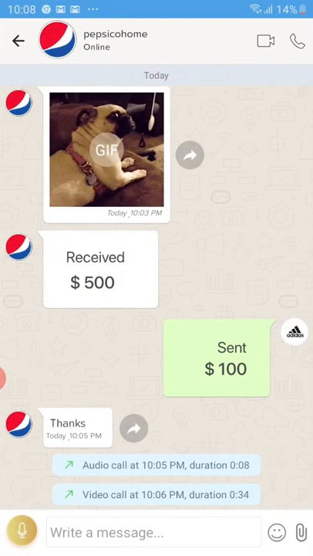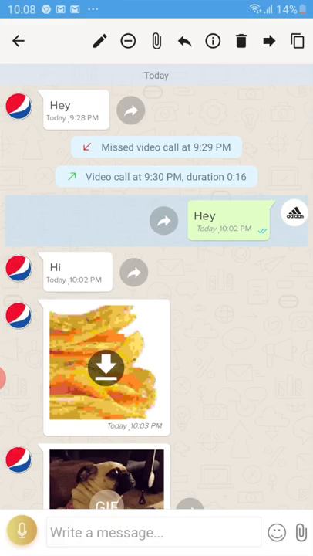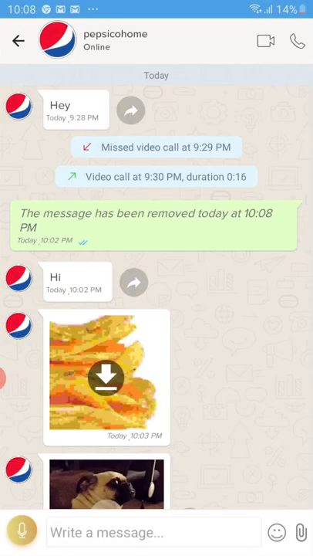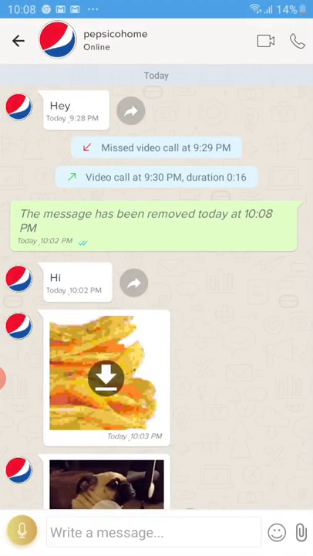So we have other options on the chat. If I want to delete a message, I can do that. I can do a long press and decide, if I want to delete the message, I can delete it for everyone or for me. So if I've sent a message by mistake to the other user, I can always go and delete that, so the other user would not see that anymore. And we have other options. I have the forward option, again on the lines of WhatsApp. I can forward messages to other users.